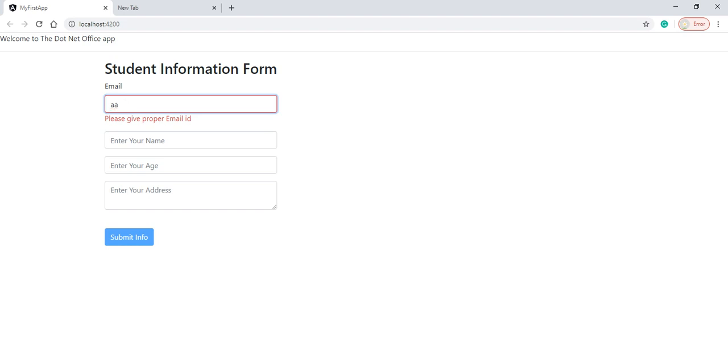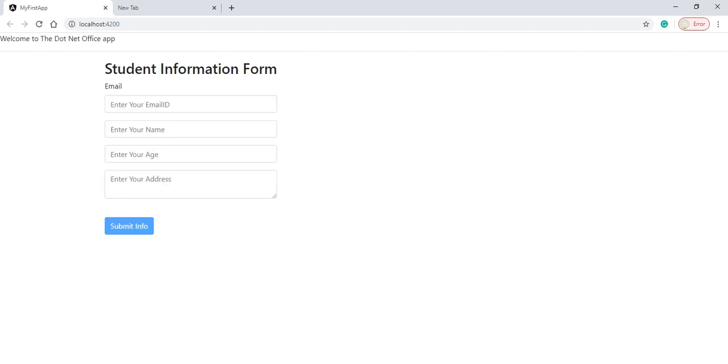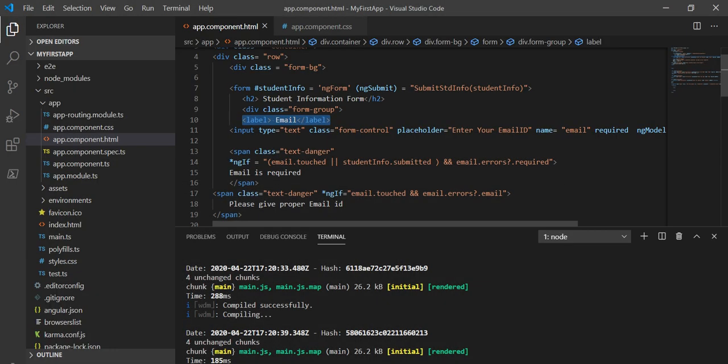If I do F5 again, now if I click on student info, I have disabled it, that's why it is not showing the message for email ID. Otherwise when we click on this submit info, it will show that email ID is mandatory. So that is the way of managing and validating the things on the controls.